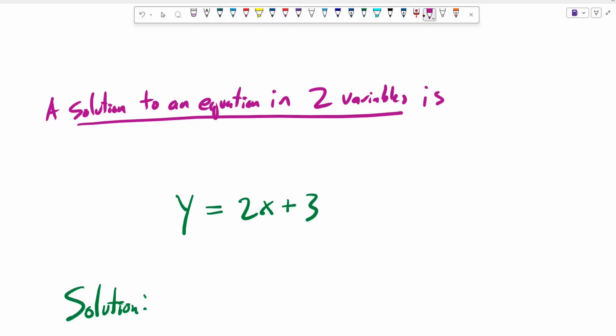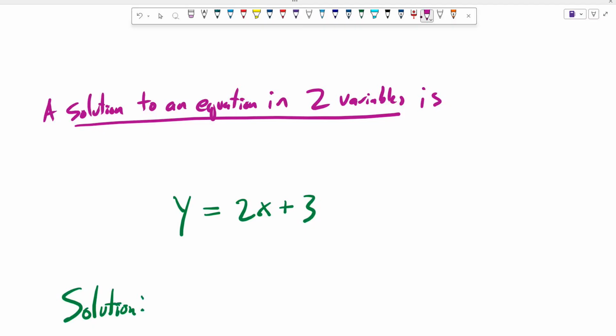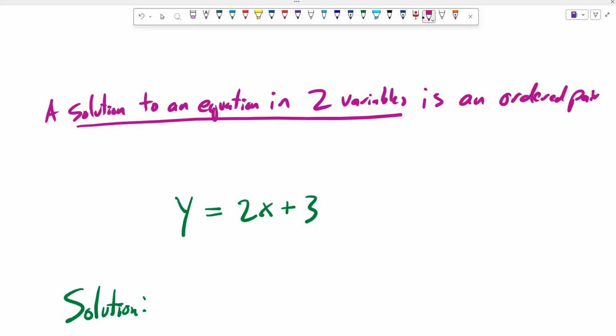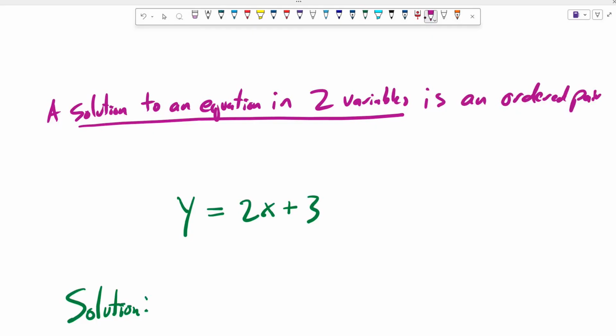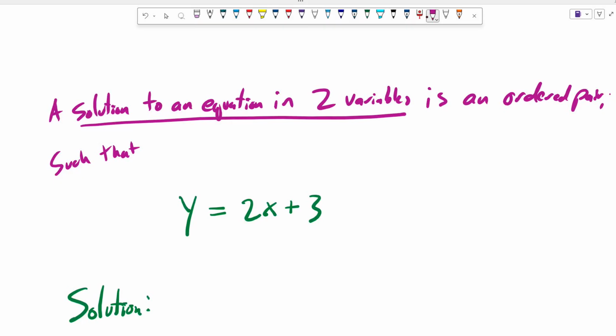For example, 1, 5, somebody said, or 1 for the x, 5 for the y, is the solution. So we had to know which number goes to which variable. And the way we denote that is an ordered pair. So a solution to the equation in two variables is an ordered pair,